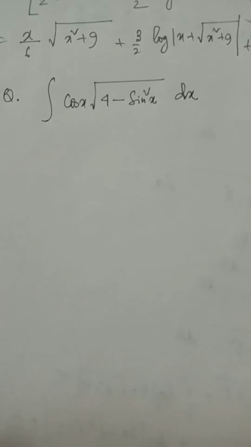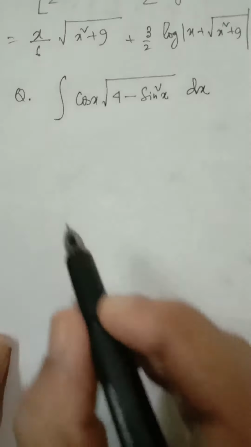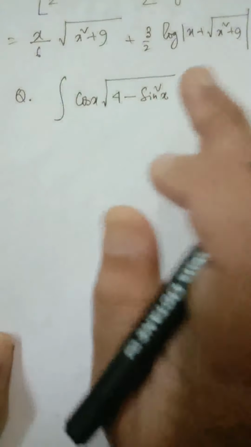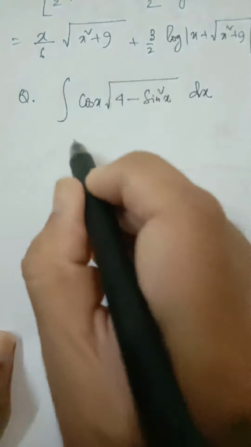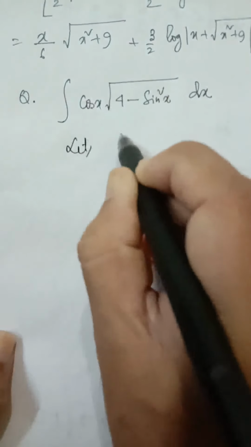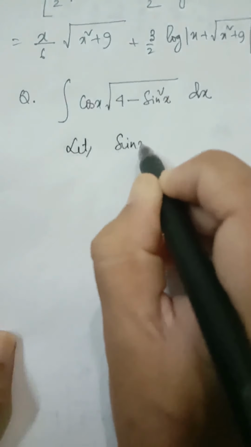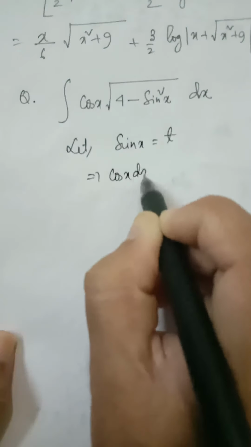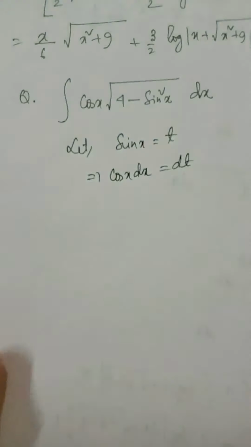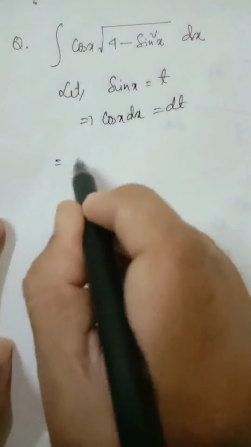Our next question is to integrate cos x over root over 4 minus sin square x. So first of all, we will substitute. We can see the derivative of sin x is cos x, which is here. So in the first step, we will put sin x equal to t. Let sin x equal to t. The derivative will be cos x dx is equal to dt,